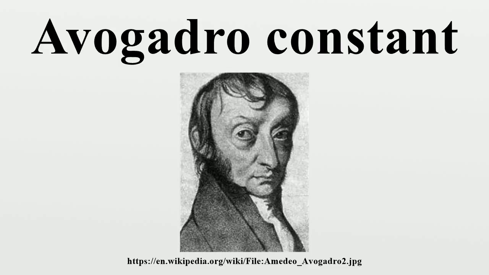History. The Avogadro constant is named after the early 19th century Italian scientist Amedeo Avogadro, who, in 1811, first proposed that the volume of a gas is proportional to the number of atoms or molecules regardless of the nature of the gas. The French physicist Jean Perrin in 1909 proposed naming the constant in honor of Avogadro. Perrin won the 1926 Nobel Prize in Physics, largely for his work in determining the Avogadro constant by several different